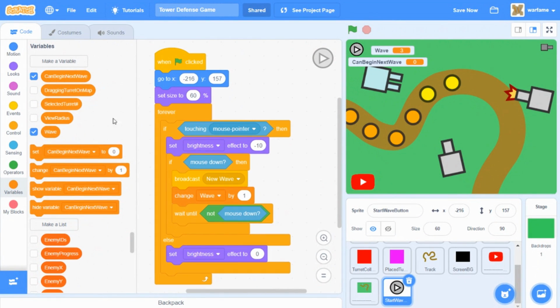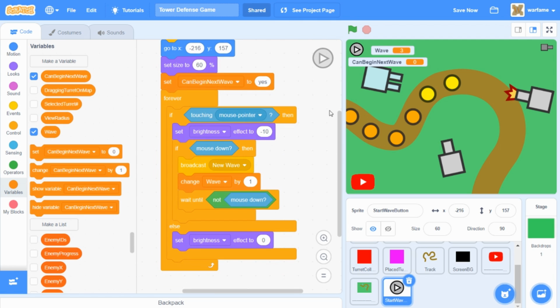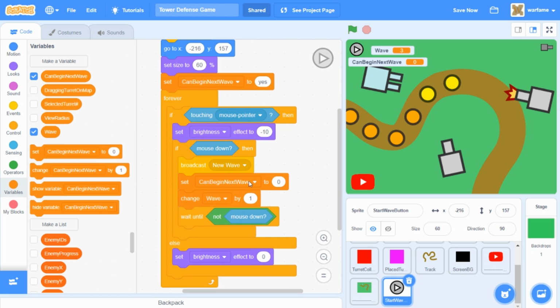And first, when the flag is clicked, of course we can start wave 1, so I'm going to set can begin next wave to yes. However, once we click on that start wave button, we have to set can begin next wave to no, because we don't want the player to be able to start the next wave right after we clicked the start wave